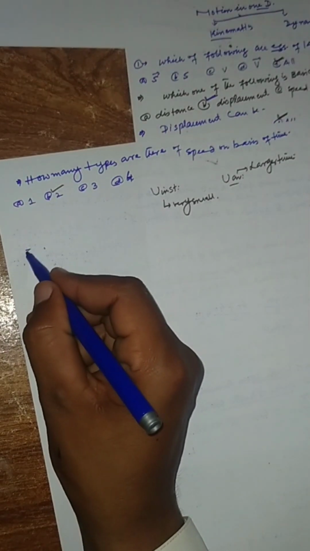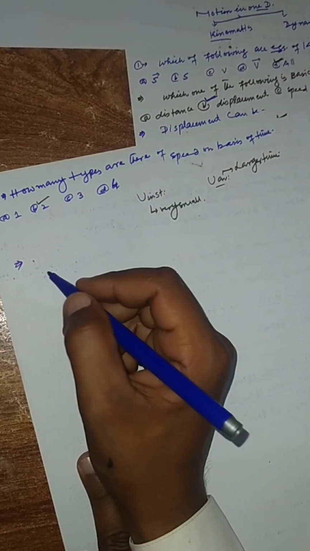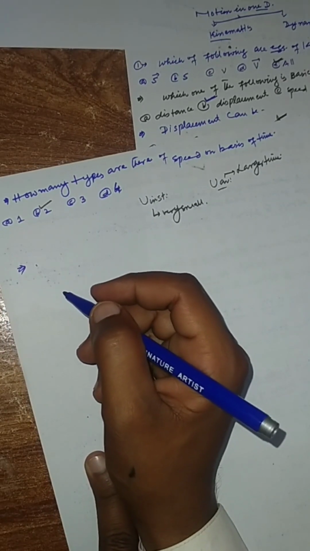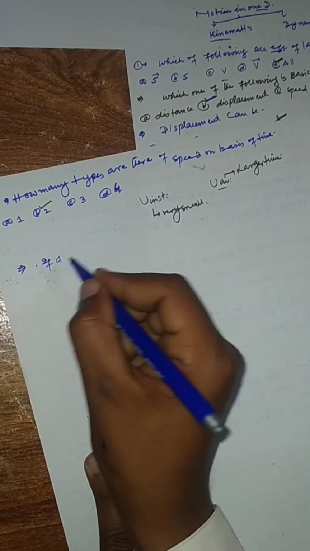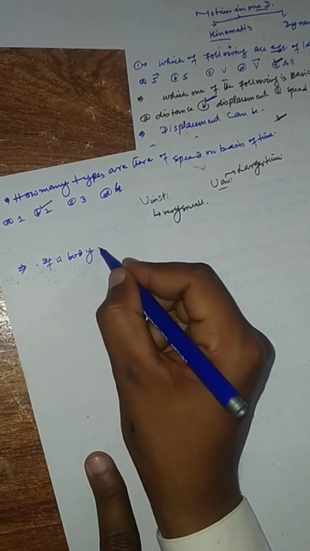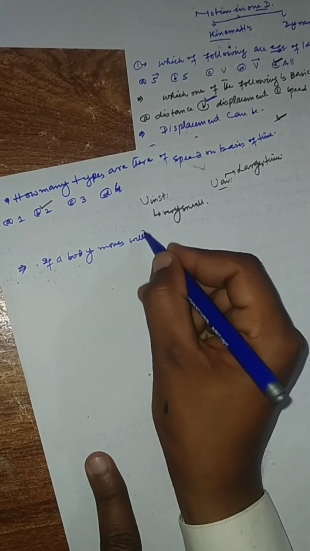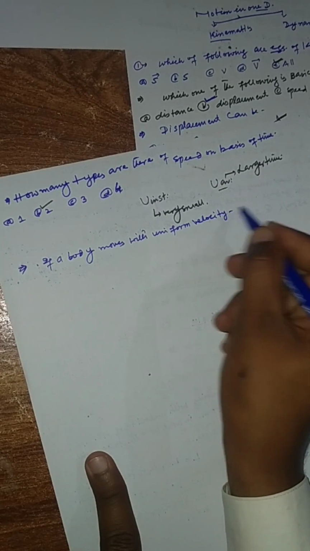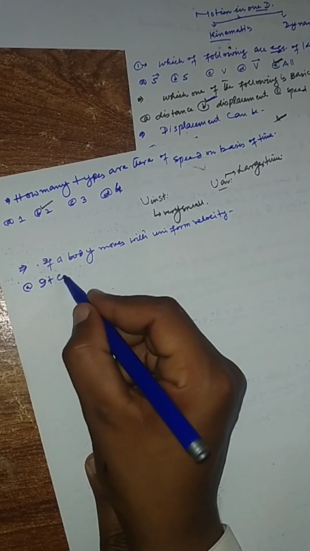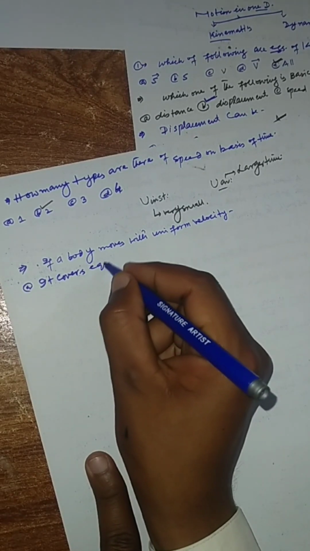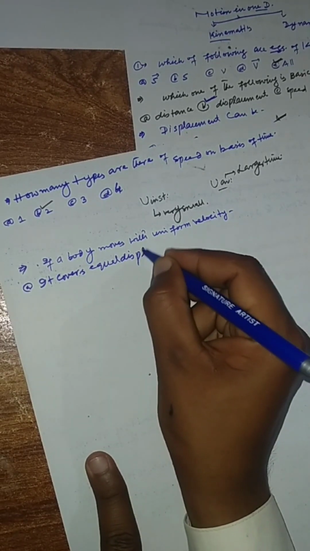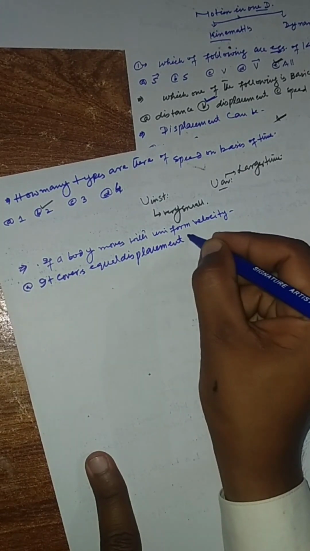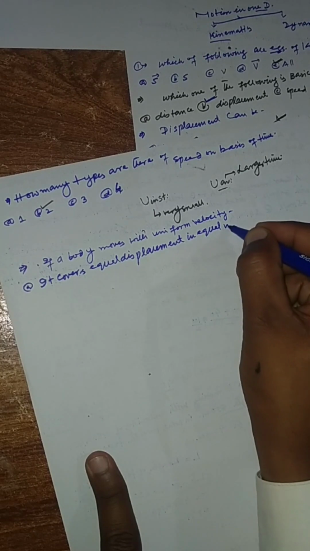Okay. After that, we say if a body moves with uniform velocity, it covers equal displacement in equal interval of time,